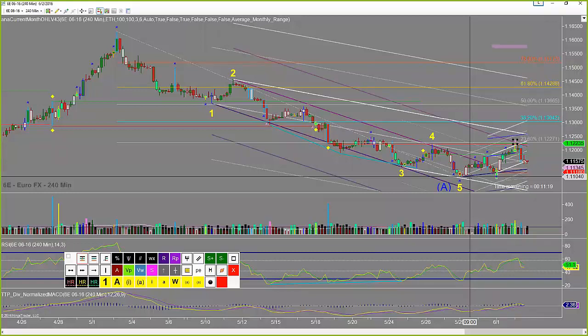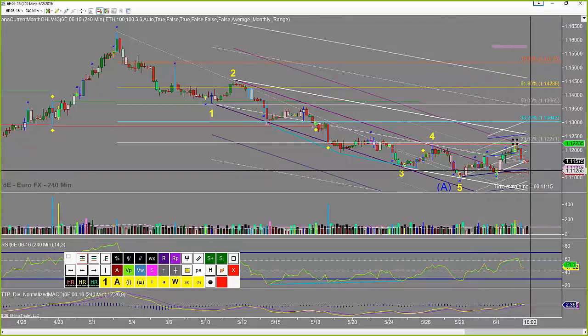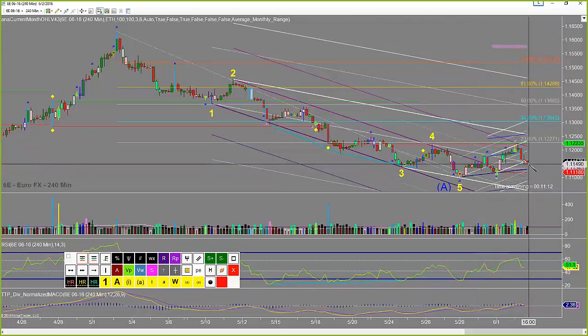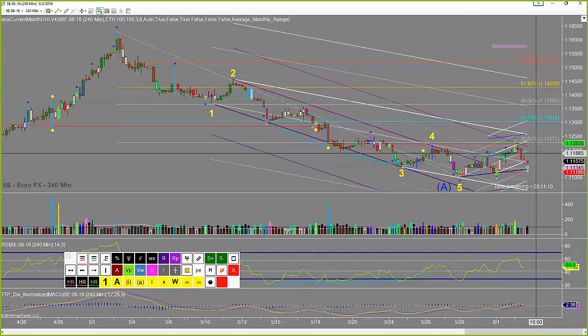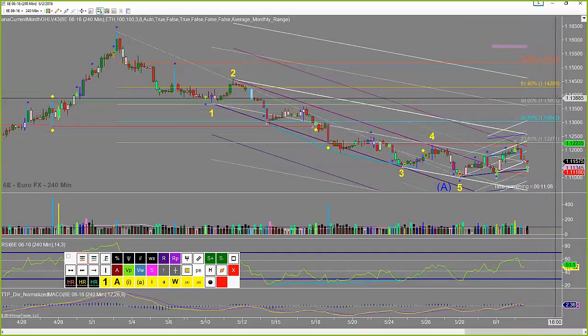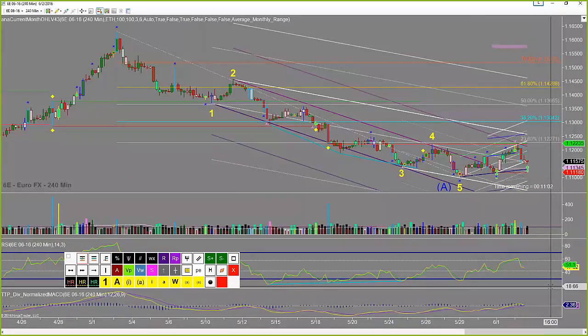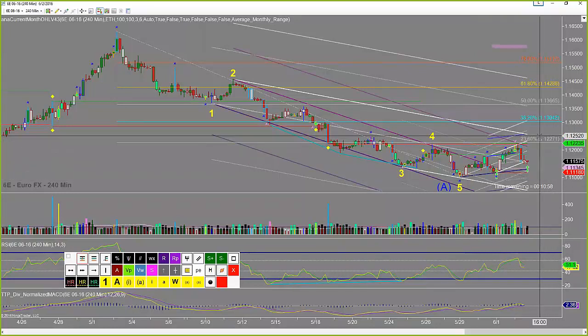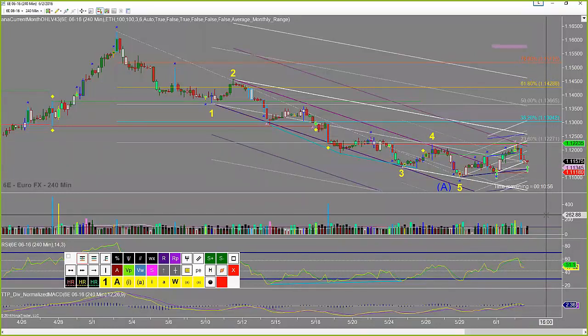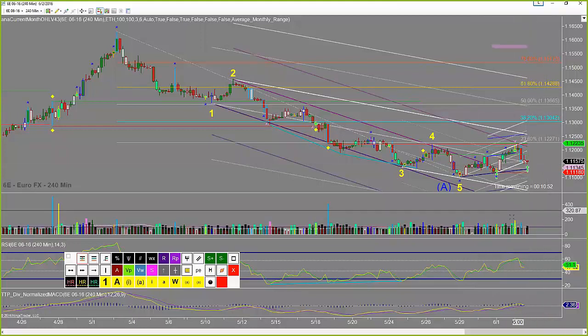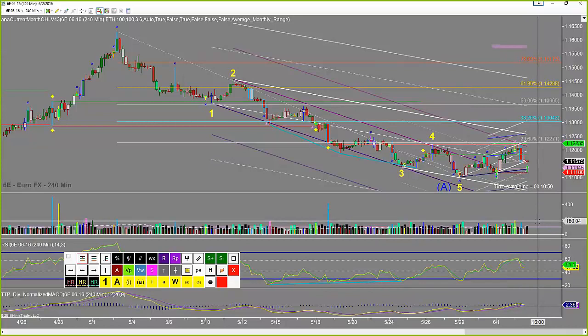So I'm thinking that either this is the first ABC of a larger flat, and we're probably coming to an end right now, and then going to see 5 up for the B wave and then come down again in another 5, at which point the dollar will begin its next move up. And then we should probably dip below parity, and then find a major low and then turn back up, and the dollar will have ended its bull market. So at this point,